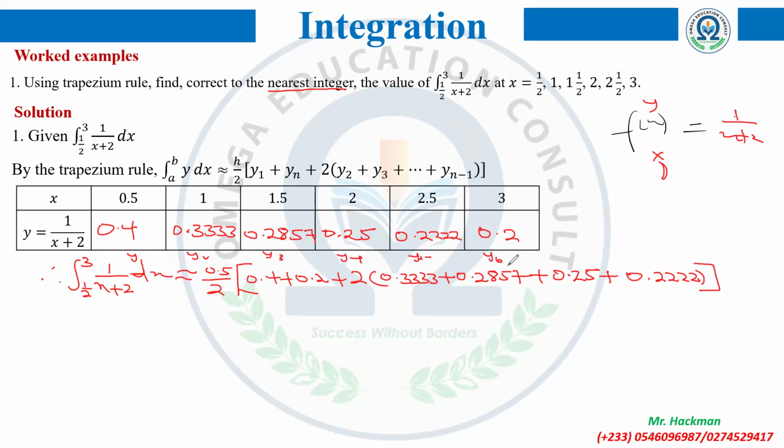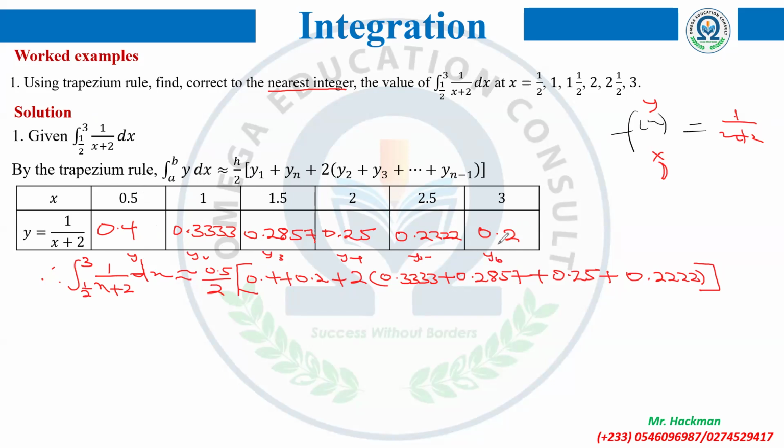Which is the same as our y sub n. Your last y will be your y sub n, your first y sub 1. That's why I usually want to use y sub 1 instead of y sub 0. So in this case, you just substitute your first y, which is 0.4, plus your last y from